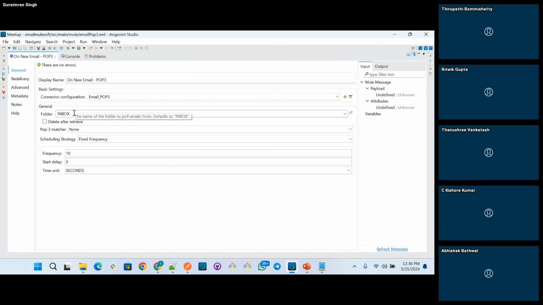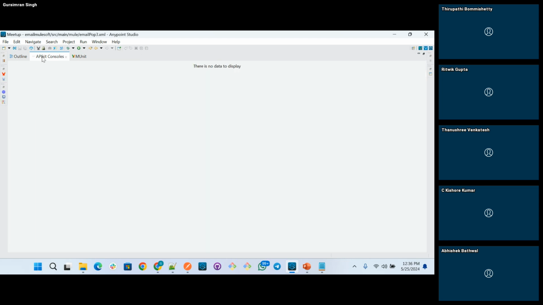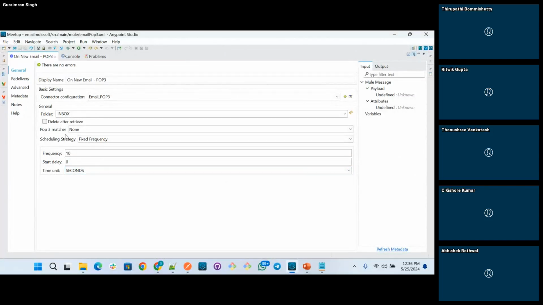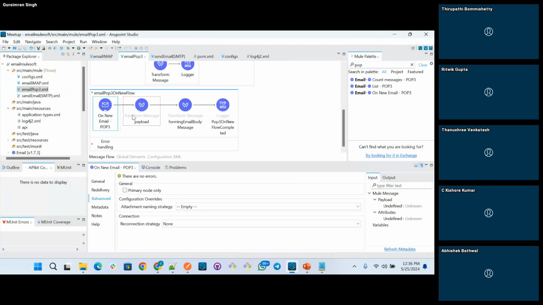Here we are defining the inbox folder and the connector configuration, and in POP3 you will not see the watermark option because of the protocol. We will not be able to enable watermarks with the POP3 connector. If you have to enable a watermark, you have to set up your own custom object store. You cannot set up a watermark, but you can set the match and every other property.